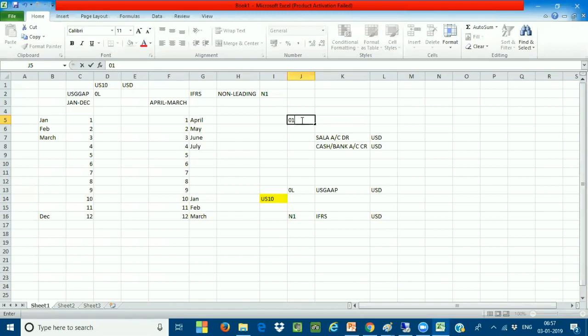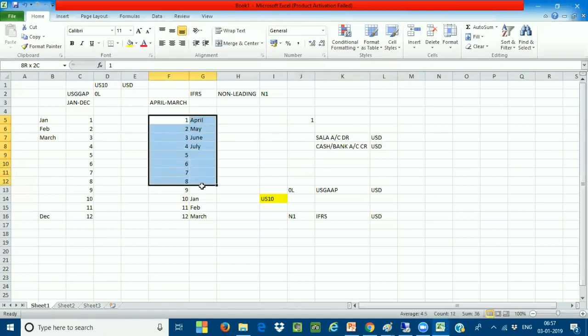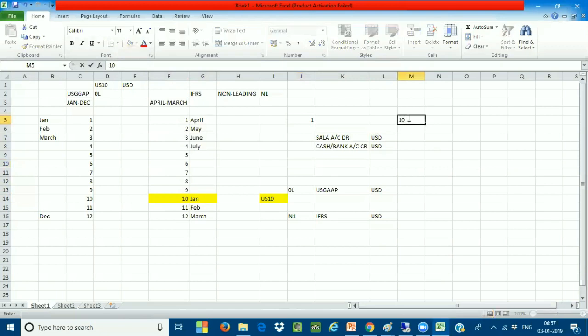Now, for the US, it is the first period because I'm posting the salaries in the month of January, so it becomes the first period for me. But when I take a salary in India, the January period is not the first period. The first period is April. Here, January will become your 10th period.